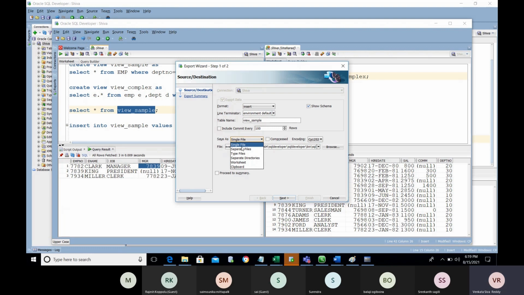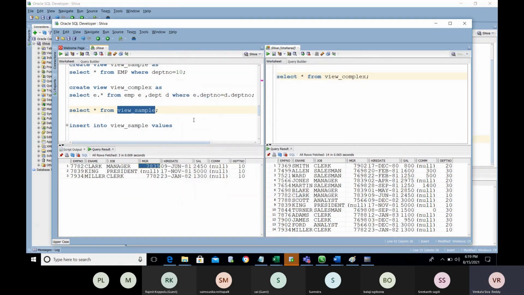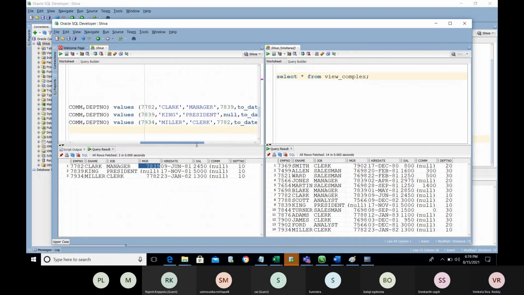If you want to insert all the results in a single file, use the single file. Else, you can store the data into the clipboard, which works just like Control C, Control V. Okay, so now I selected the clipboard. See, the 3 insert statements have been created here.